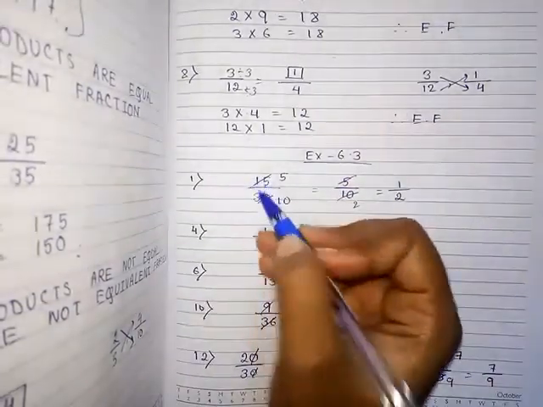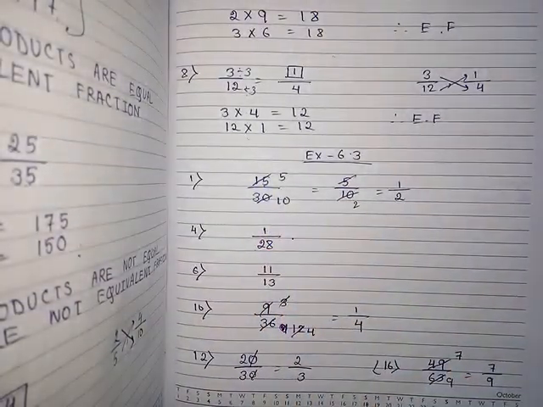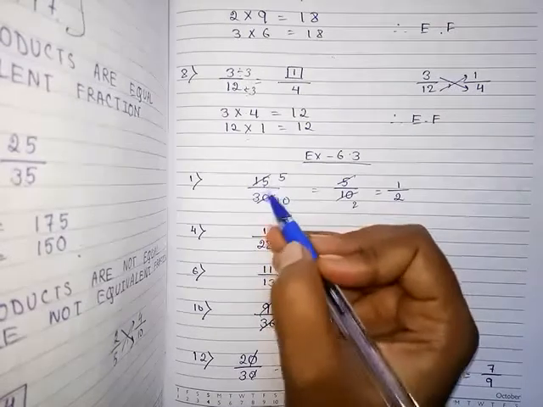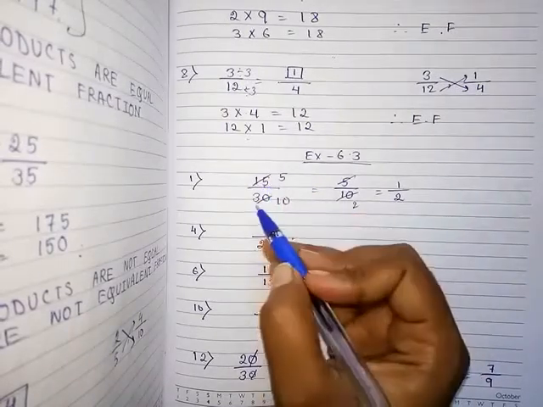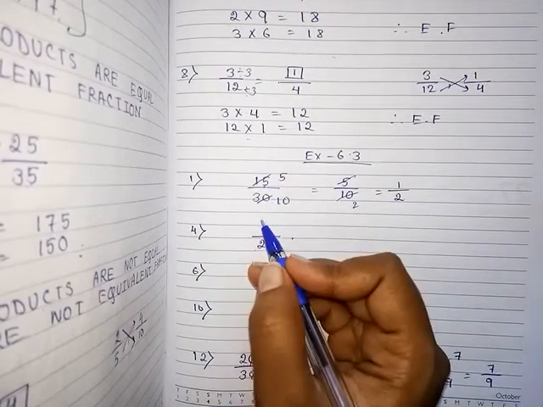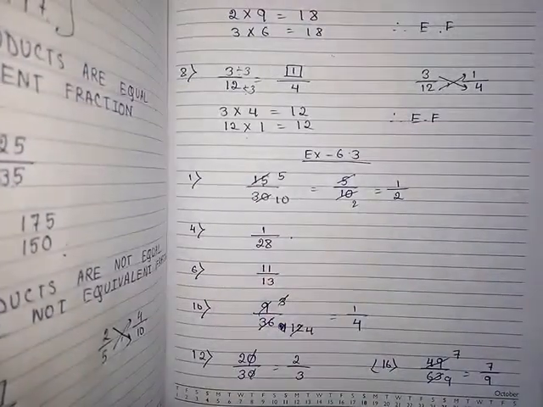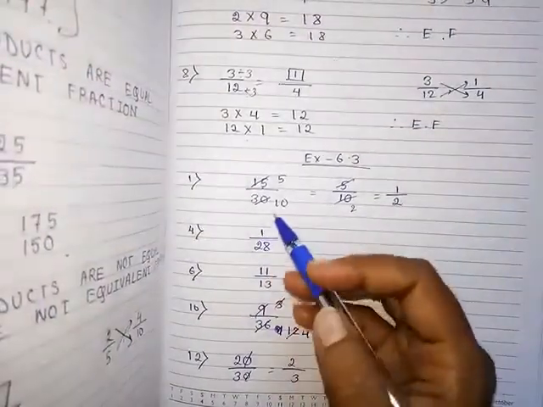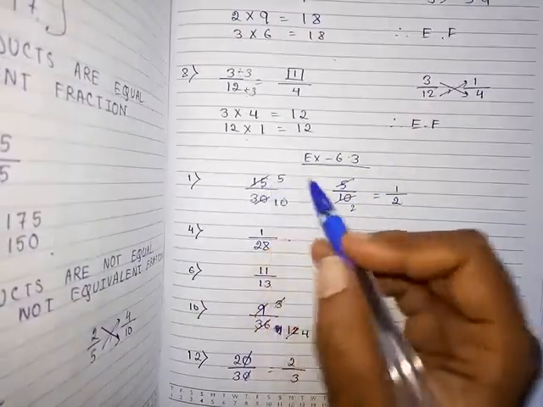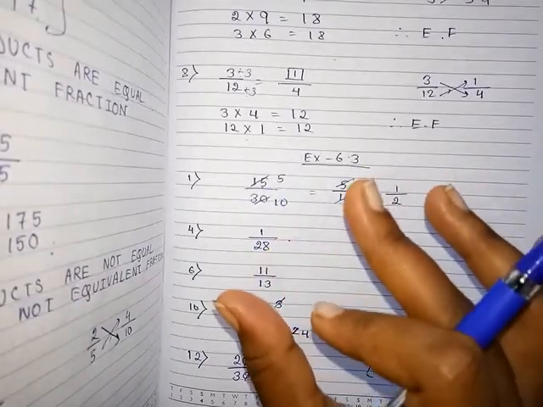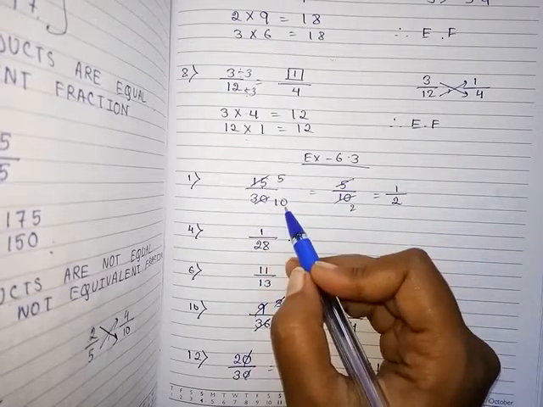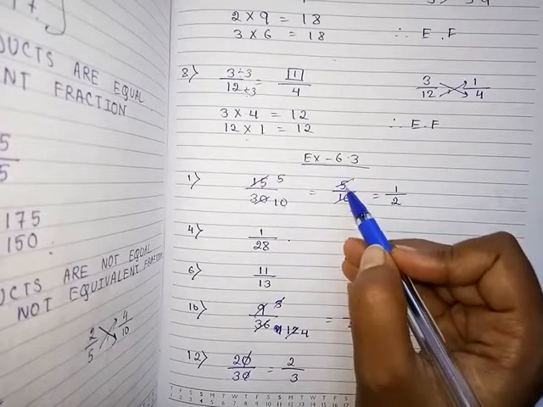So if the numerator and denominator both are divisible by 3, then we can cancel these two numbers by 3. Here 15 was not divisible by 2, but 30 is divisible by 2. But since numerator and denominator both are not divisible by 2, we can't do the calculation by 2. With 3, 15 and 30 both are divisible. So we are simplifying with 3. 3 5s are 15. 3 10s are 30. Next, write down the fraction 5 by 10.